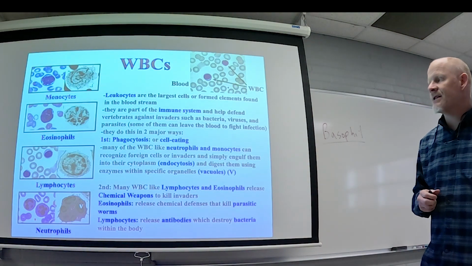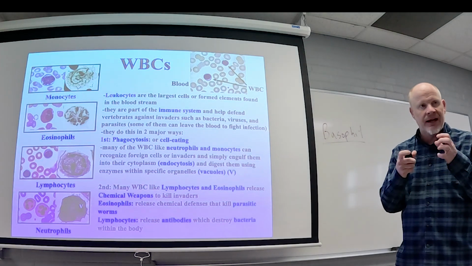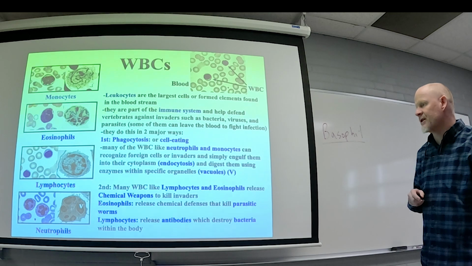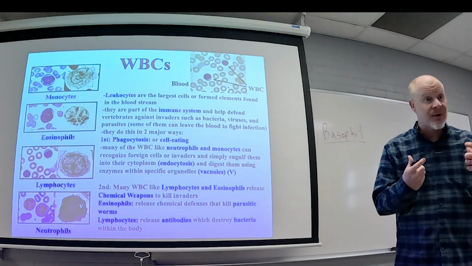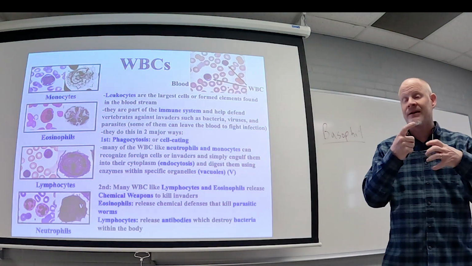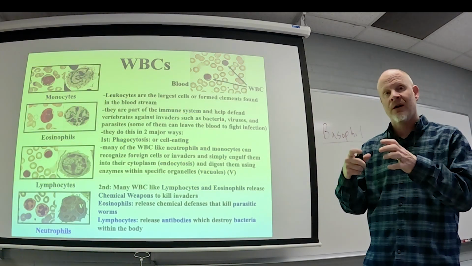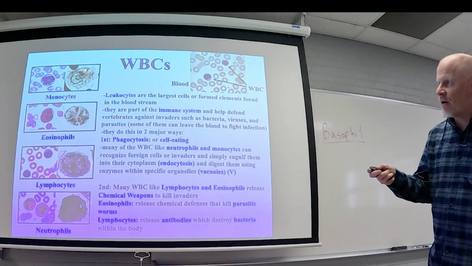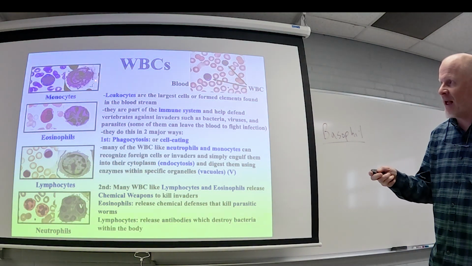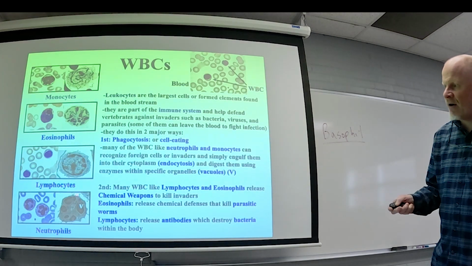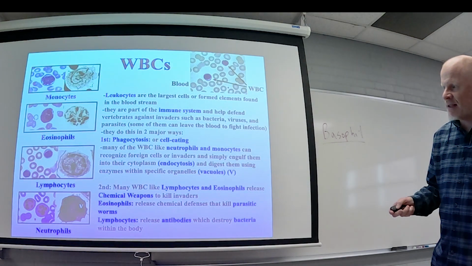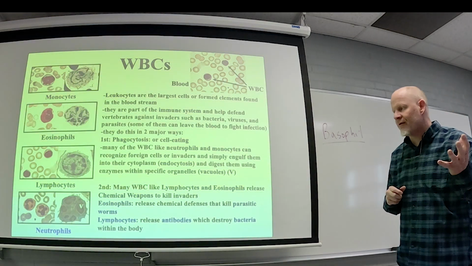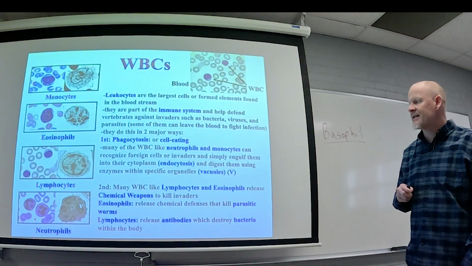And so they have the ability to run into things and then ingest them through endocytosis, or what we call phagocytosis. And so they kind of have to come in direct contact with the pathogen, the cancer cell, the worn out cell, whatever they're going to eat, they have to actually come in contact with, wrap their little cellular processes around them. So you can see they look more like a sun in shape because they have all these long cellular processes that they actually wrap around the invader, for example, the bacteria, the fungus, whatever it is, and